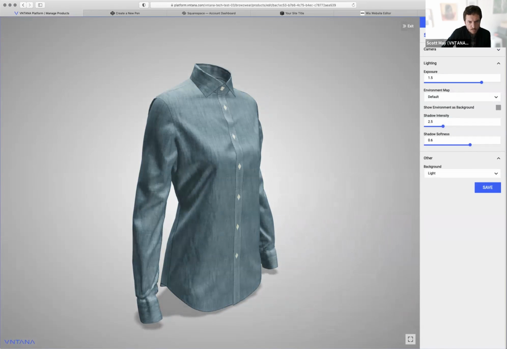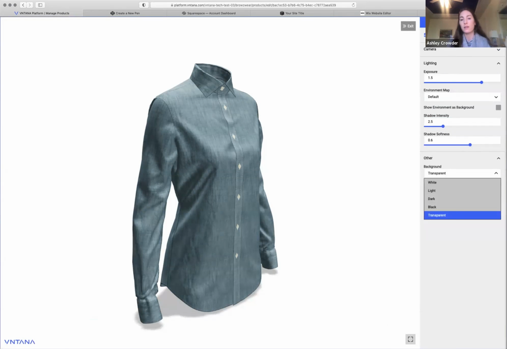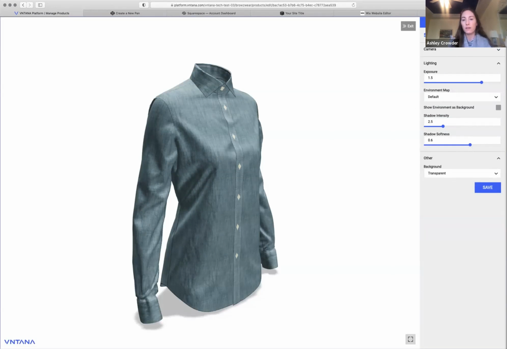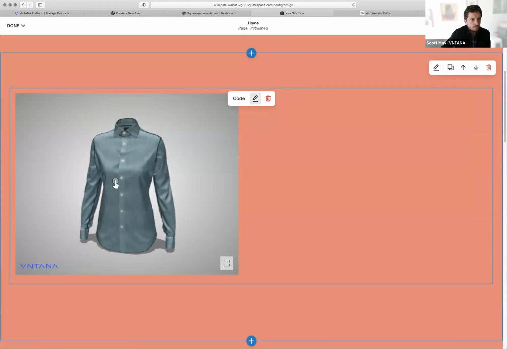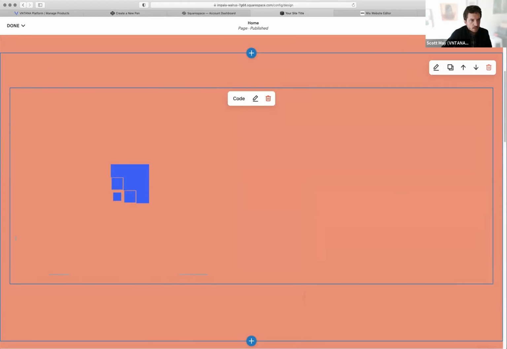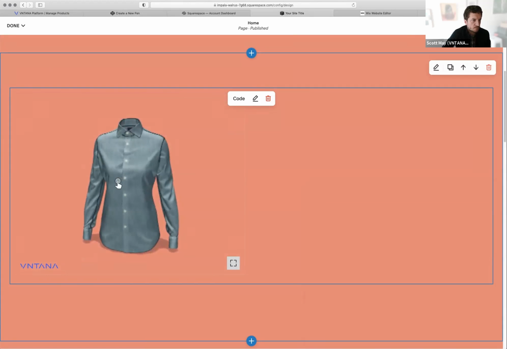But then if I go down to background, I can change this to transparent. Let me save that. And you do have to click other, just if you couldn't see that. So if you click other, then the background appears. And then if you hit transparent, it will look white here. But if you save that and then we'll refresh. And so if we go back to the site, I think just to force it to refresh, I'll change the size. So now it's on transparent,